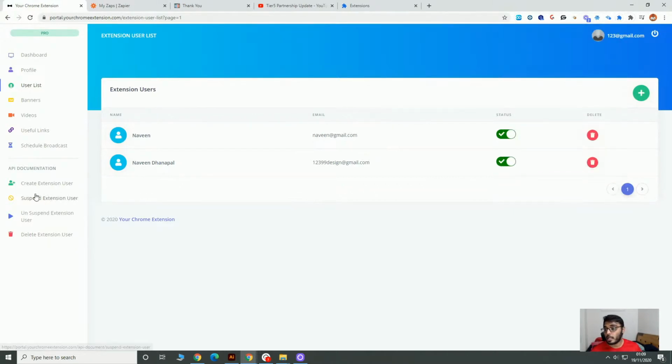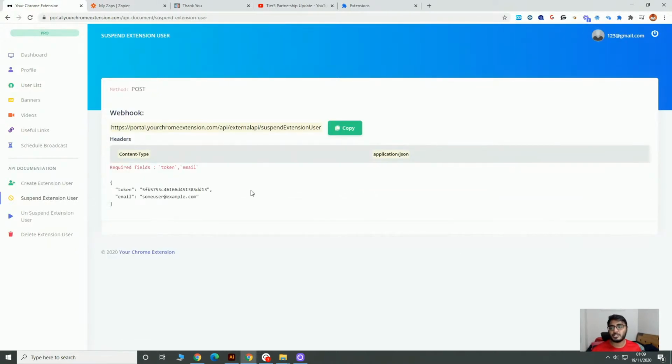And if you want to suspend an extension user, you just have to go through the same process. If you want to unsuspend an extension user, you just have to do the same thing. And if you want to delete an extension user, you can also do the same thing. So I hope this was very helpful in knowing more about